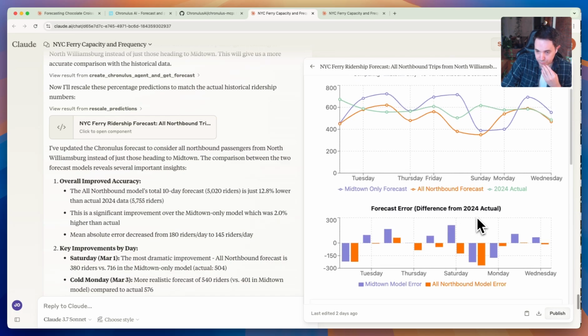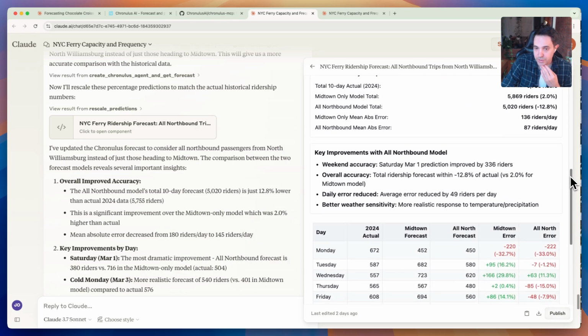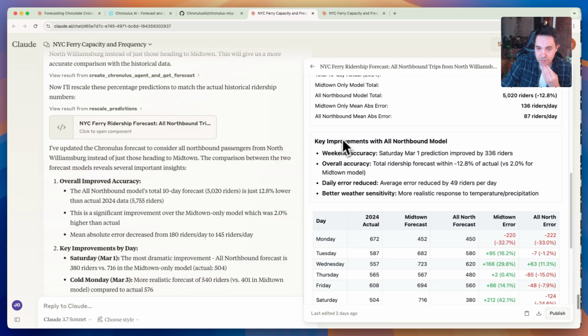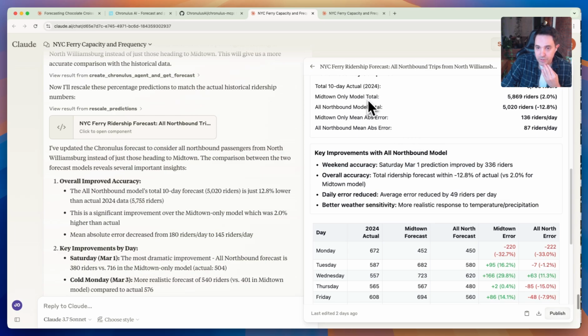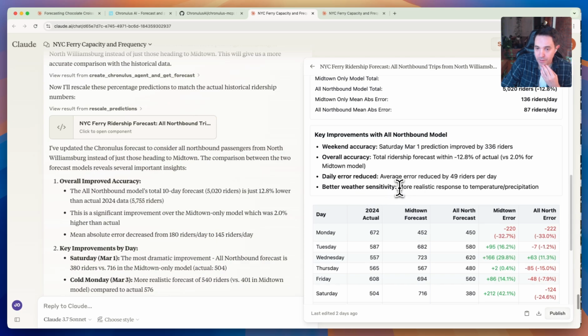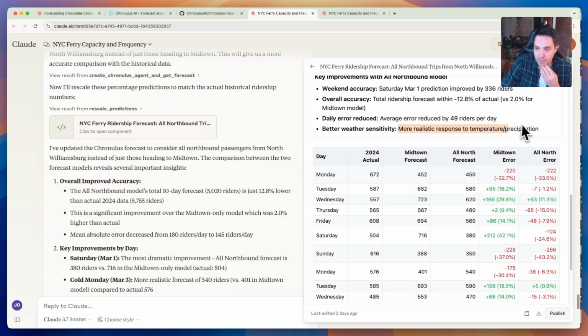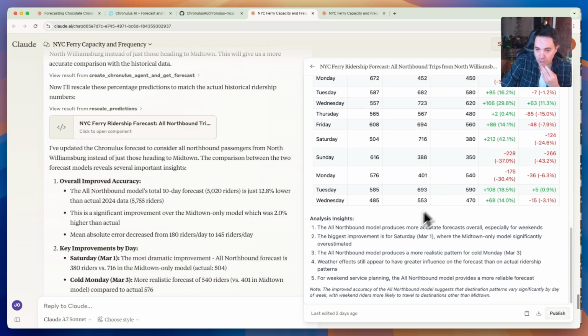So that's pretty cool. And then Claude came and gave some analysis in terms of the different models, basically breaking down how the models compared, which one was biased upward, which one was biased downward, and pointing out that the second model is more realistic in terms of temperature, precipitation, and I can't remember where it was, but it also pointed out that the second model, where we considered all of the stops,